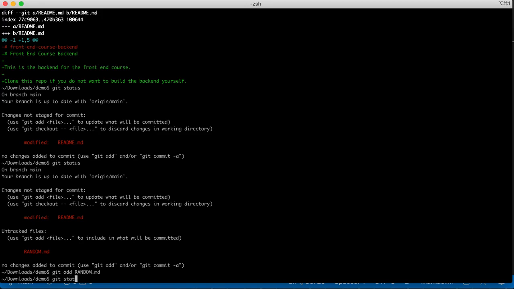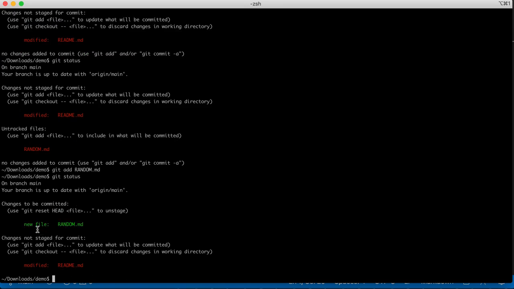Now if I do git status, you'll see that the modified files in green, changes not staged for commit. That means that it's now in there and it's modified as readme. And here's the new file random. Sorry, I did that backwards. So here's the new file up here, and then here's the readme modified file. Okay, so then now I can do git commit. And I'll say modified readme